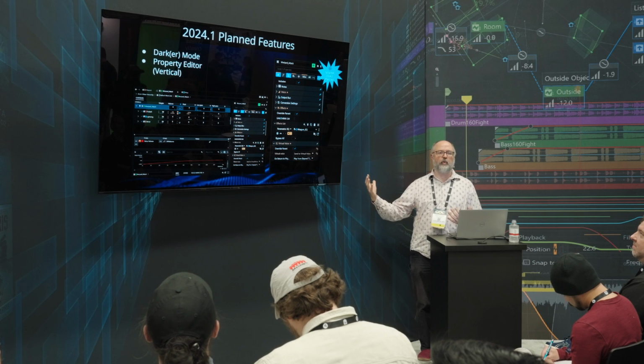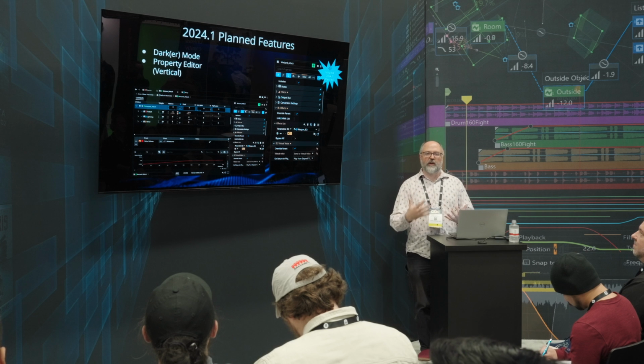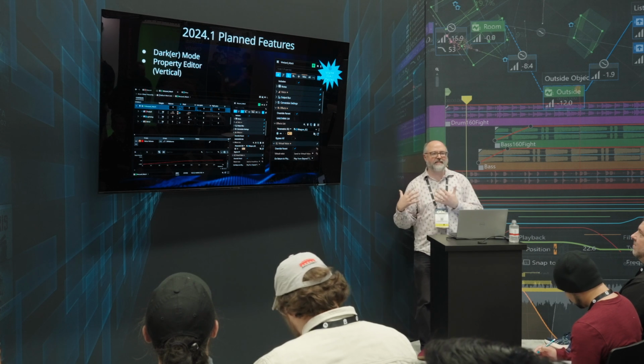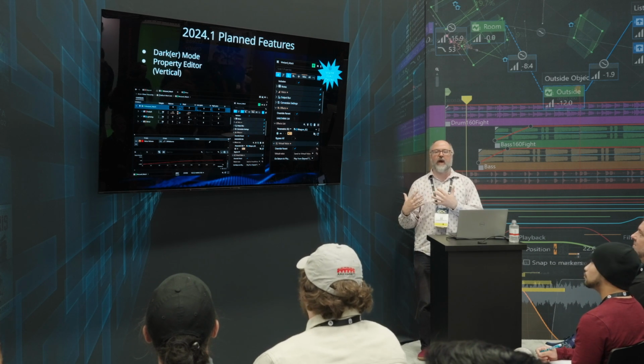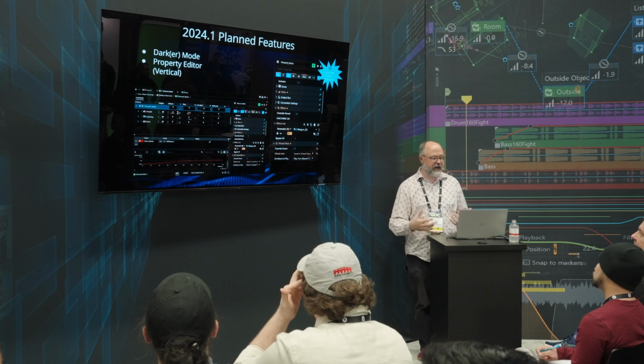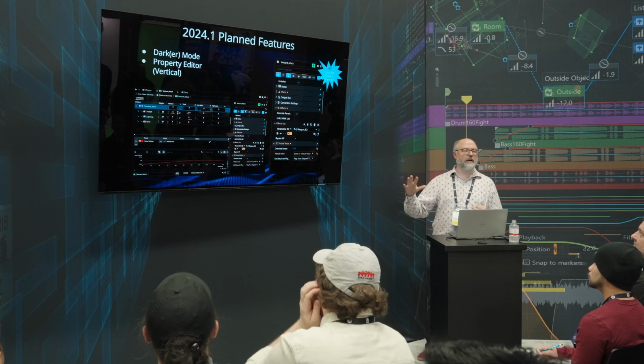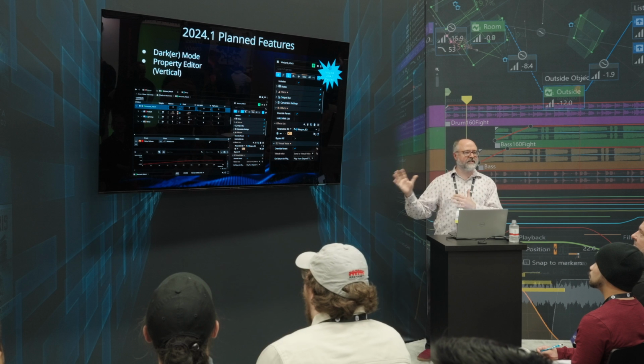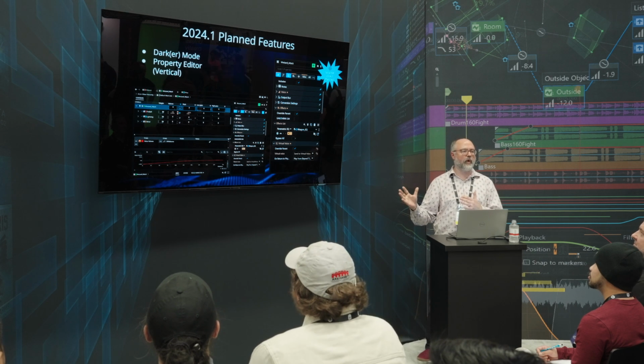This is a paradigm that people are familiar with across other tools, and we're working hard to bring that to Wwise in a way that feels flexible, gives you access to what you need when you need it, and also gets some of the complexity out of the way when it's not part of what you're working on. So we have some mock-ups here that are towards the target that we're trying to hit for 2024.